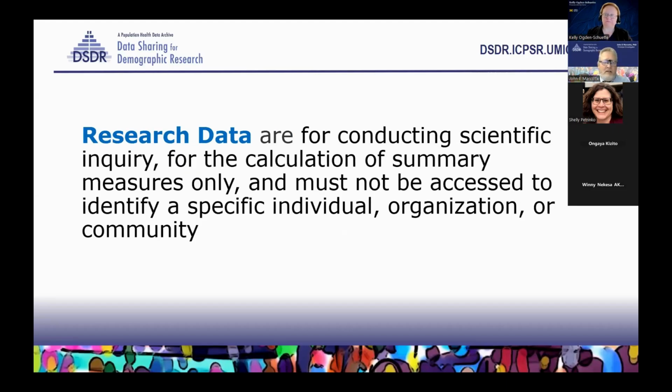Another buzzword that I sort of throw out here is research data. And this is sort of my little circumstance, but research data for conducting scientific inquiry, for the calculation of summary results, of making some inference about a group or a population. Generally speaking, the type of data we have is not for locating a particular individual. In fact, that's explicitly forbidden for the data. But research data is the ability to make generalizations about things, to be able to find patterns in data.